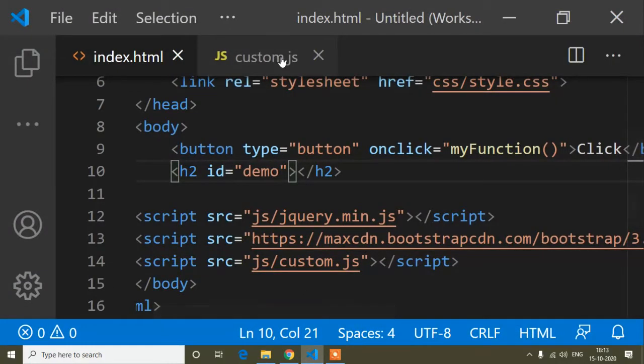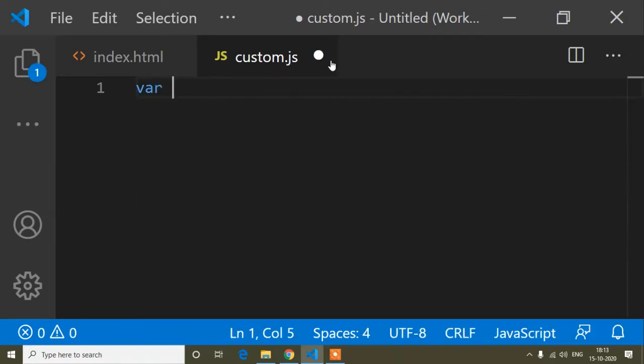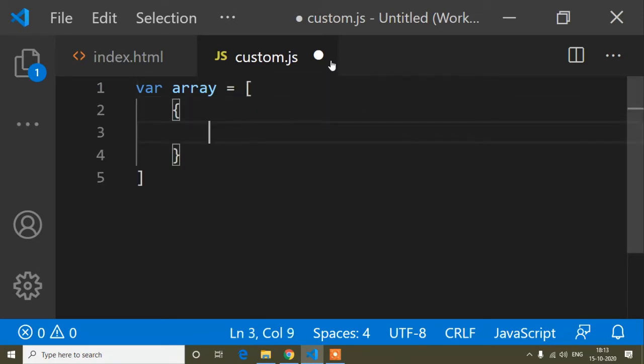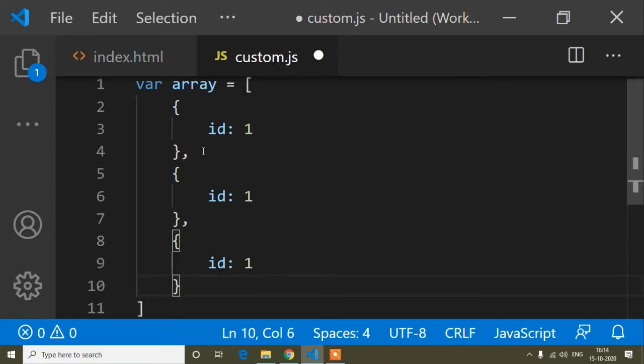Now I will create an array in our custom.js file. The variable name is array, equal to an array, and inside this array I will create multiple objects for this example. The object property is id, and I will write 1. This way I will create 4 objects. Comma, paste, comma, paste.